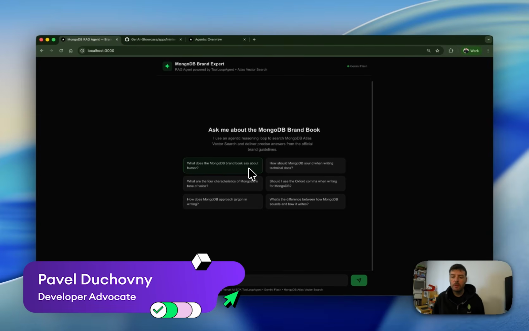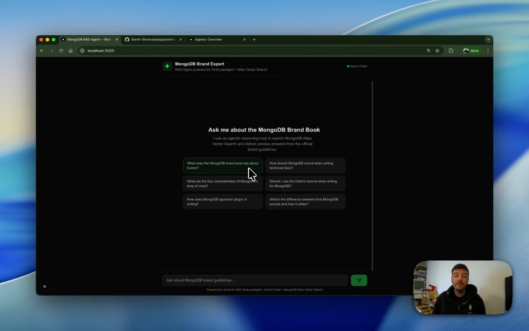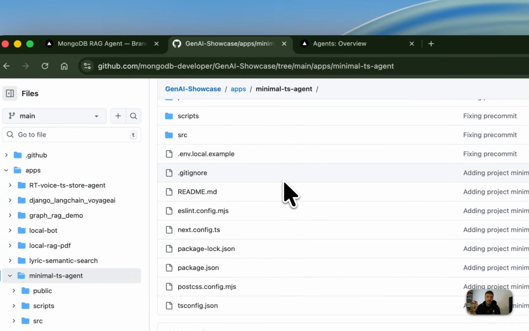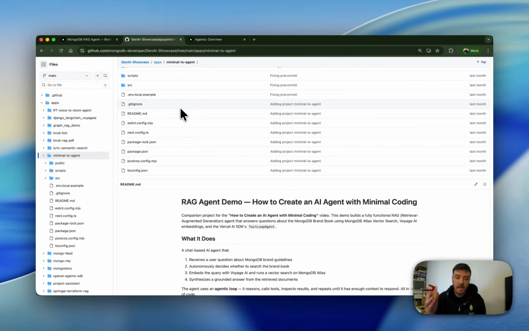Hello everyone, and welcome to this video where we will build a minimal coding TypeScript AI agent using Vercel AI SDK and MongoDB Atlas. We're going to show how much code is needed to create a fully functioning AI agent with a reasoning loop that can also reason over a context of data that is coming from our Atlas database. All of the code is available in the Gemini showcase repo, and I will link the code in the